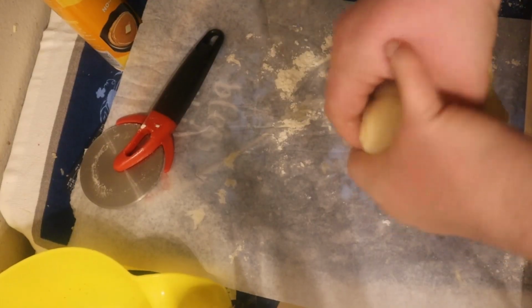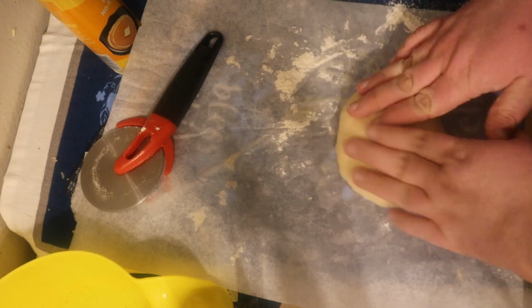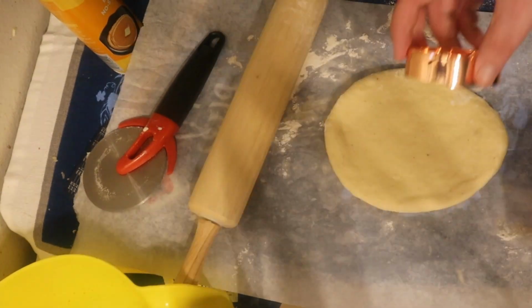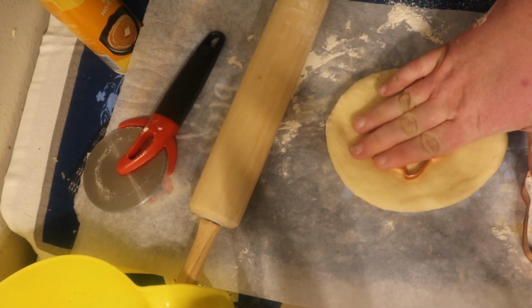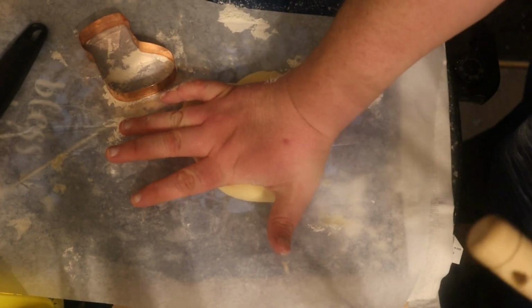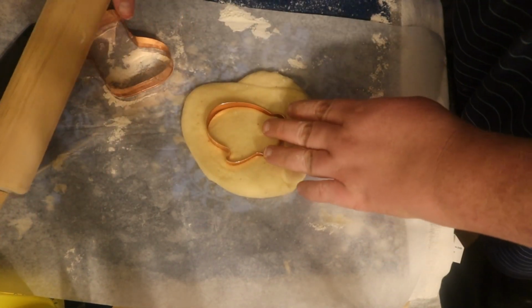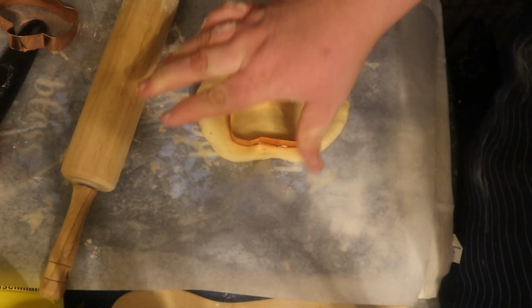Okay, we're going to start with this little ball. We're going to roll this out, and then we're going to do little mittens. I'll do another. I'll do a little bit of a